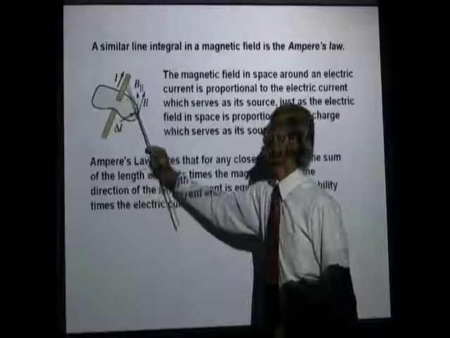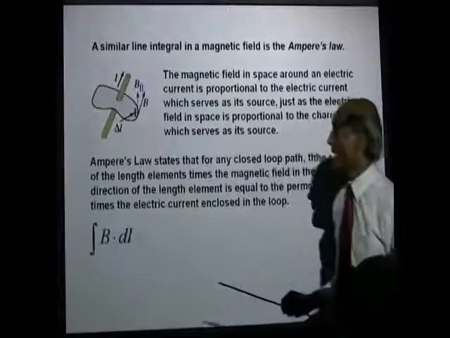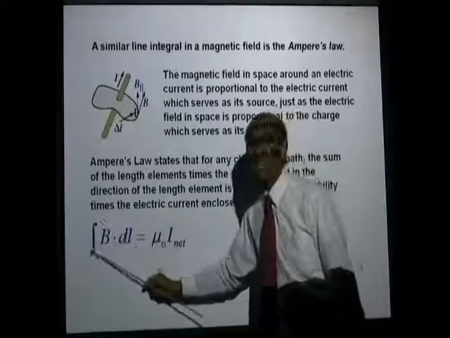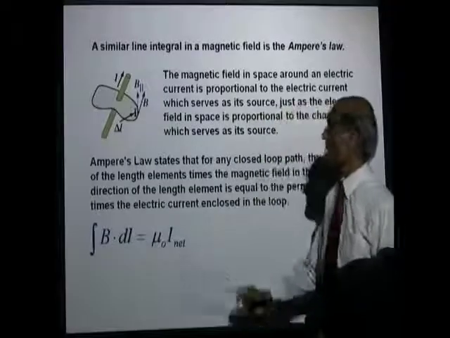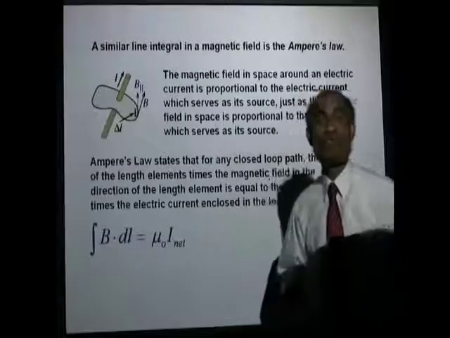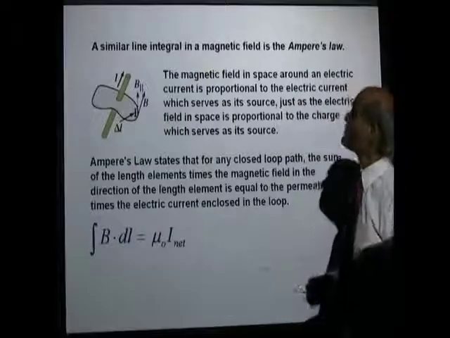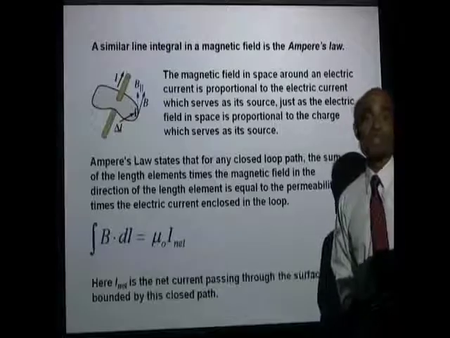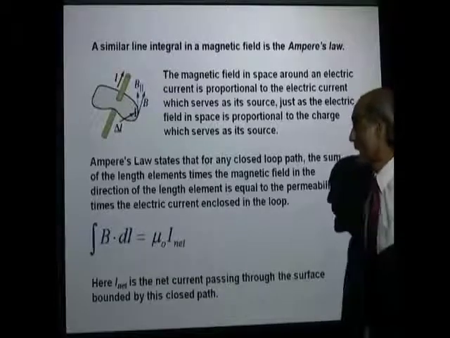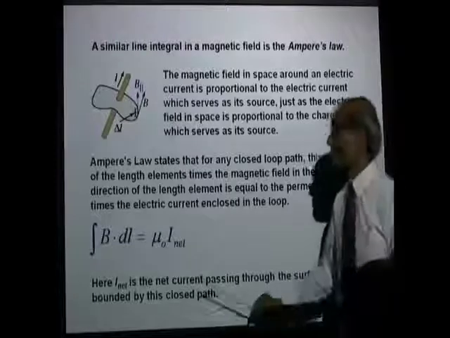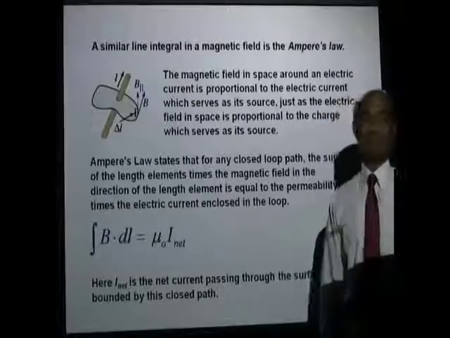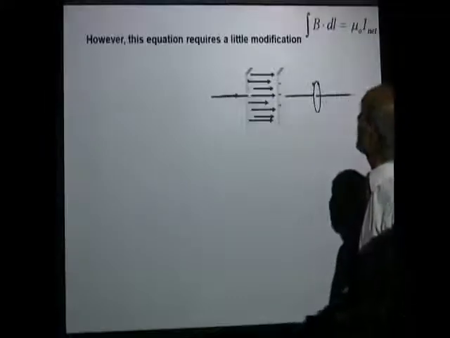The electric current enclosed in the loop will be I. And we write it like this: line integral B dl is mu0 times the net current within the loop. And that is the fourth Maxwell's equation. So here, I net is the net current passing through the surface bounded by this closed path. Alright, however, this equation requires a little more